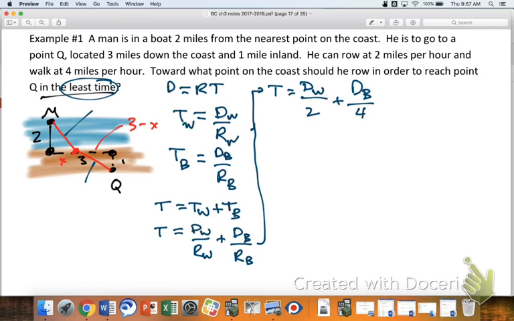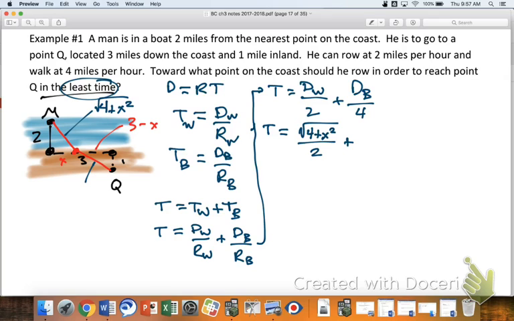And then this other hypotenuse, that would be the distance on the beach. So Pythagorean theorem here, it would be 2 squared plus x squared. So this would be square root of 4 plus x squared. So that would be for distance in the water. So t is equal to square root of 4 plus x squared over 2